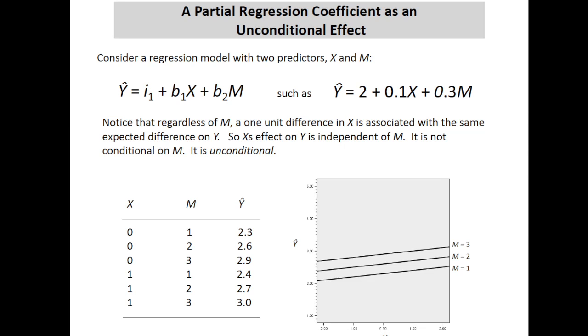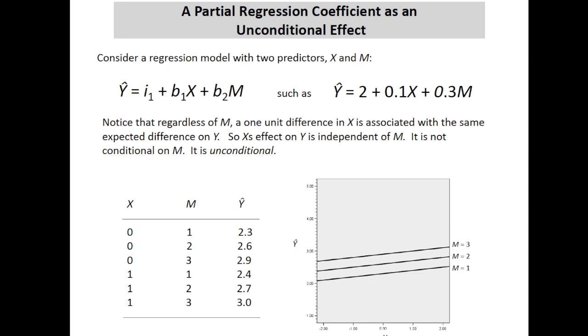So let's consider a simple regression model like this, where we've got only two predictors, X and M. Here's an arbitrary example, just pulled some coefficients out of a hat. And so here's a model of Y from two variables, X and M. Here are some various values of X and M, and values of Y that that model generates. Here's a graphical depiction of that model. So X on the x-axis, Y here, and then various values of M. And thus the lines depict what Y hat is from those various combinations of X and M.